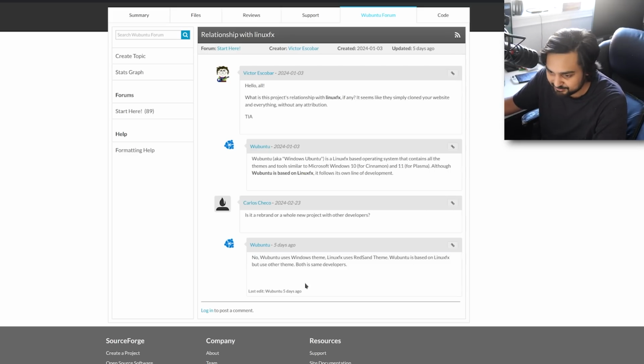Both is same developers. Now, to understand, this could be kind of harmless, maybe, but the fact that they have lied about very basic things makes me not want to trust them. Look, at the end of the day, the thing with Linux is there's so many different flavors of it, and there's a lot of good actors and bad actors out there. If you're going to use this because you think it adds simplicity, then you might want to try using something else, something more reputable in the Linux landscape.